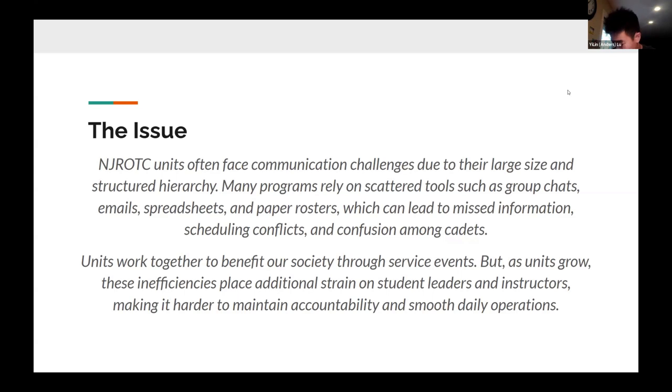I'll just provide an example personally. Last year, my freshman year, since I just graduated my sophomore year in high school, when I was just entering this organization, I felt extremely lost because there were so many events going on, and because I had to adapt to high school also, rather than just focusing on one program, I often didn't have the most reliable access to information, and I would honestly miss a lot of events. There was this community service event that I was really interested in because it